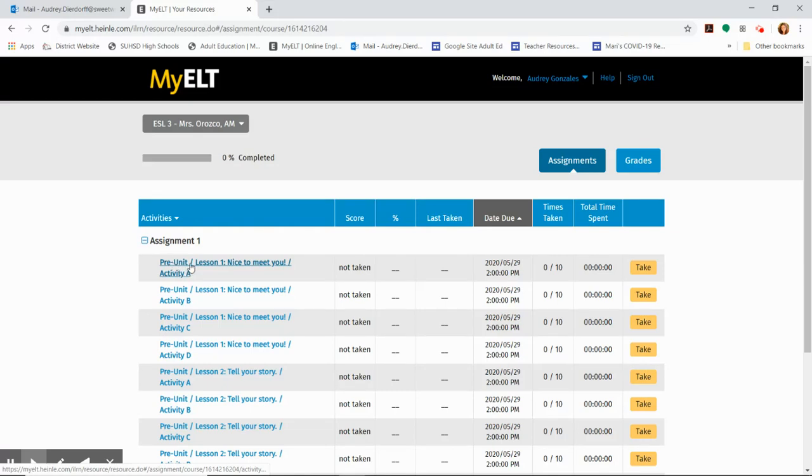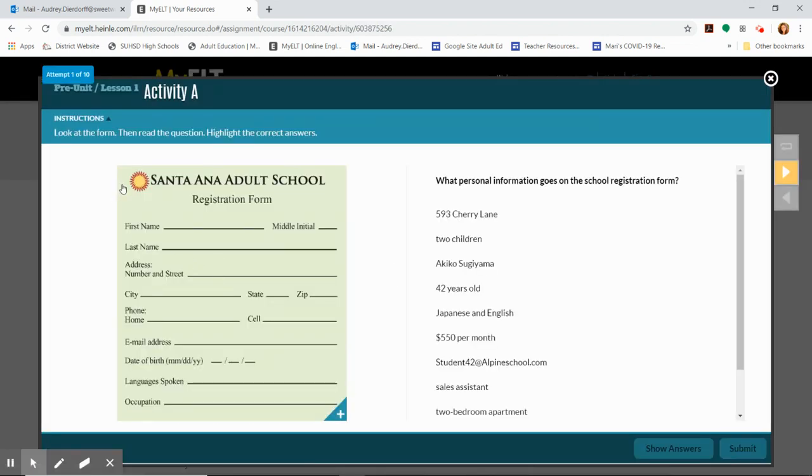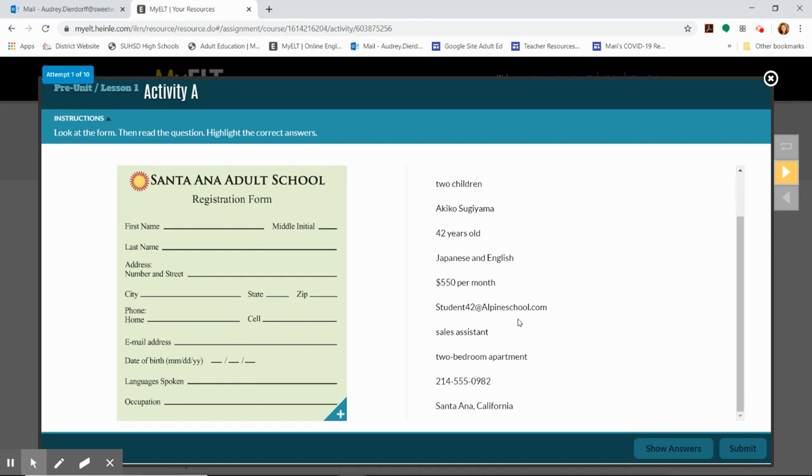So here is the pre-unit, Nice to Meet You, activity A. They can either click here or they can click on the take button. So let me show you. Okay, so here's the form. It's going to be basically highlight the correct answer. So what personal information goes on the school registration form? So the first name, the middle name, and so they will just highlight. And then once they highlight,